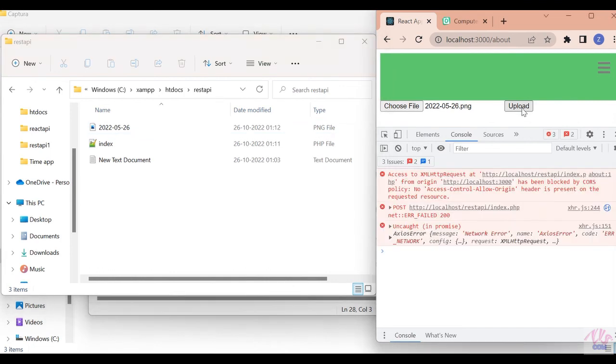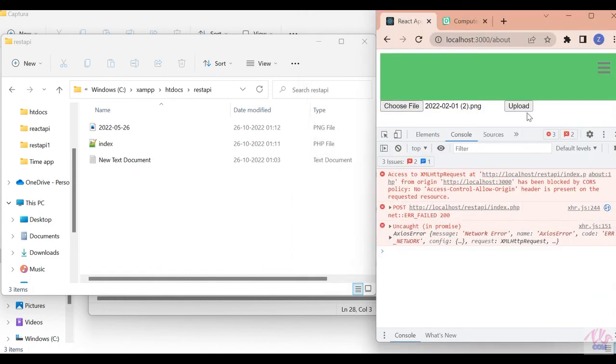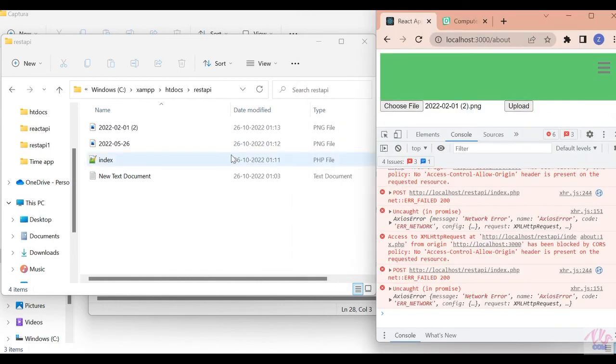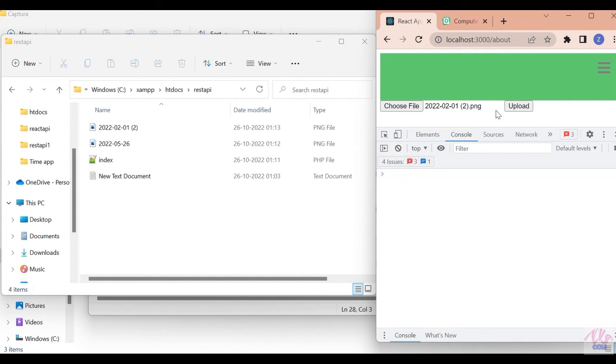This error is of serious type if we are sending data to a database. Access-Control-Allow-Origin needs to be fixed. Files are correctly uploading, but we will also fix this error.